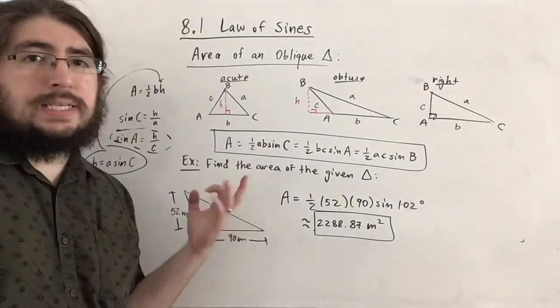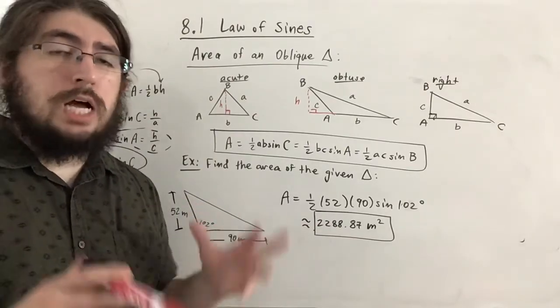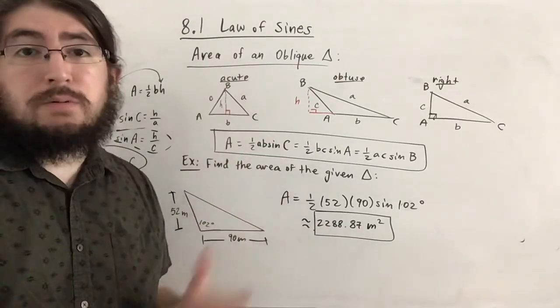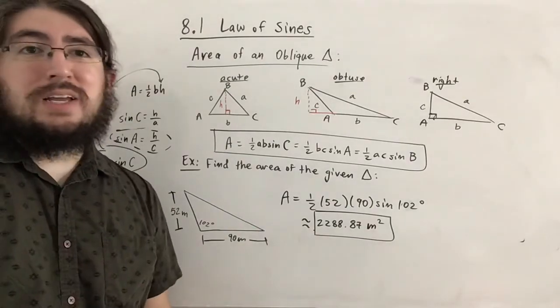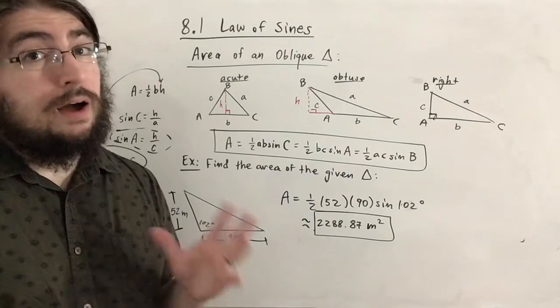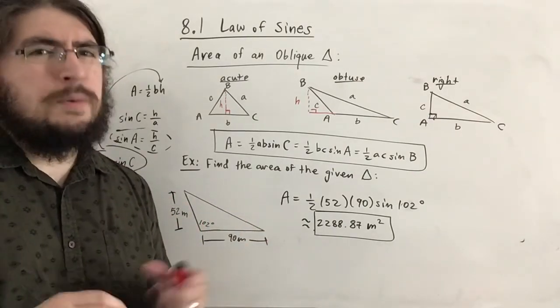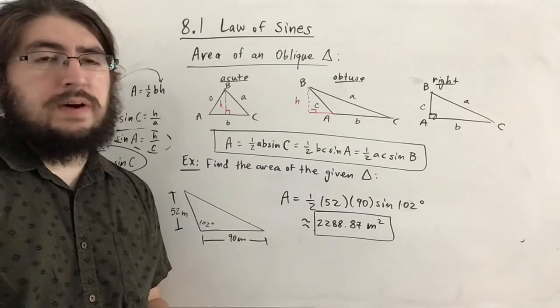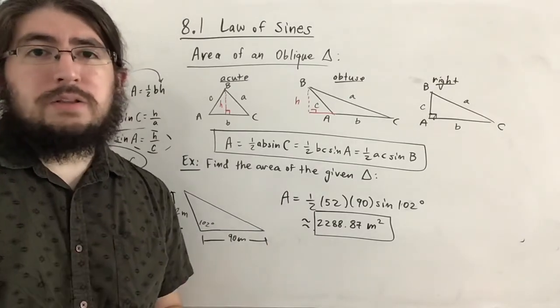There's no strange case here like there were for law of sines. Law of sines, of course, was the core topic in this section, hence why it was titled that and not areas or something like that. Anyways, we're going to take a look at a similar thing in 8.2, law of cosines, which is actually quite different than law of sines was. In my opinion, it's more useful and a lot more fun, but again, it's kind of all the same. But we'll take a look. Hopefully we'll have fun